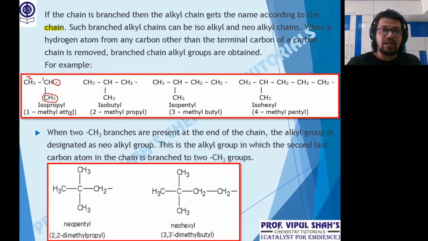Once again, if your branch has a branch, branches are like isopropyl, sec butyl, tert butyl, neopentyl, then from where the branching starts, from there you will take a continuous chain, and with the position you will write them in a bracket. Like for example here, to the main chain, whatever the number will be on which it is attached, I'll number a continuous chain. It can be either these two or it can be up and down also. Now at this one, there is an alkyl, that's methyl. So 1 methyl and again ethyl. Why? Because one valency is short. So we always know whenever one H is short, replace A and E by YL.